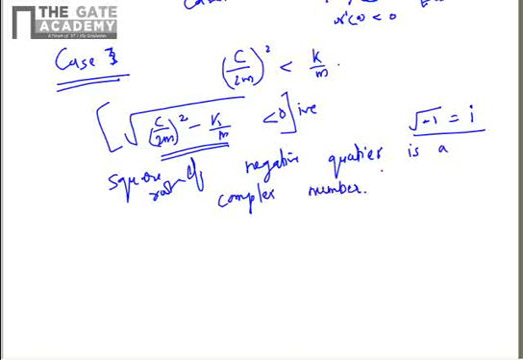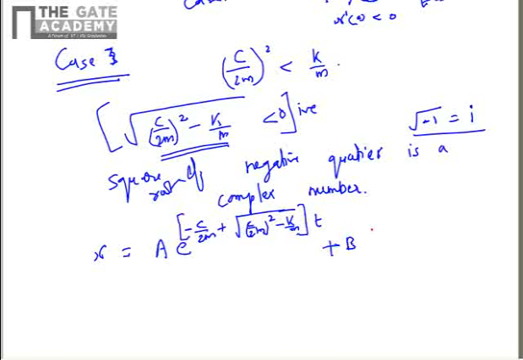So how will the equation of motion look? The equation of motion was a e to the power minus c by 2m plus square root of (c by 2m) whole square minus k by m, multiplied by t. This was the first root, and the second root was b e to the power minus c by 2m minus square root of (c by 2m) whole square minus k by m, multiplied by t. So in this case, both of these things are negative. So we will take an absolute value of this expression (c by 2m) whole square minus k by m, and